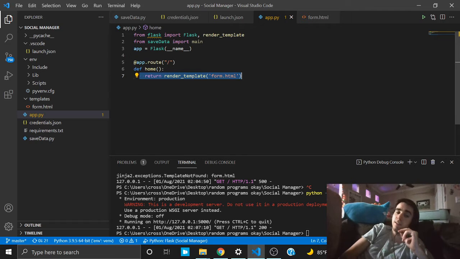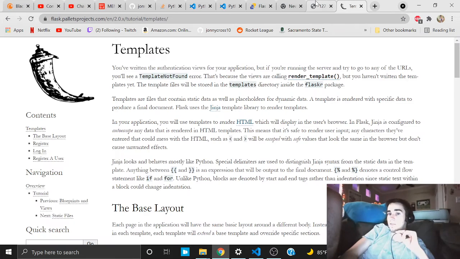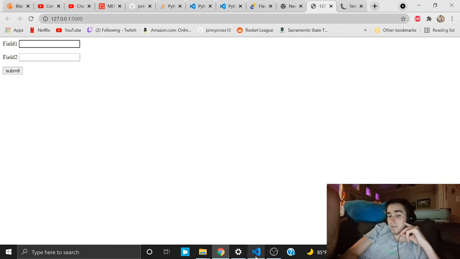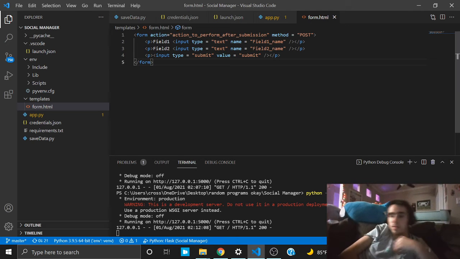And then once you have this set up with the form.html, you can go ahead and run your Flask app, and it should start running on localhost. I already have it up on here, so let me refresh it. So I got 2 fields here, and then we're going to get the username and password from them. So let's change this to